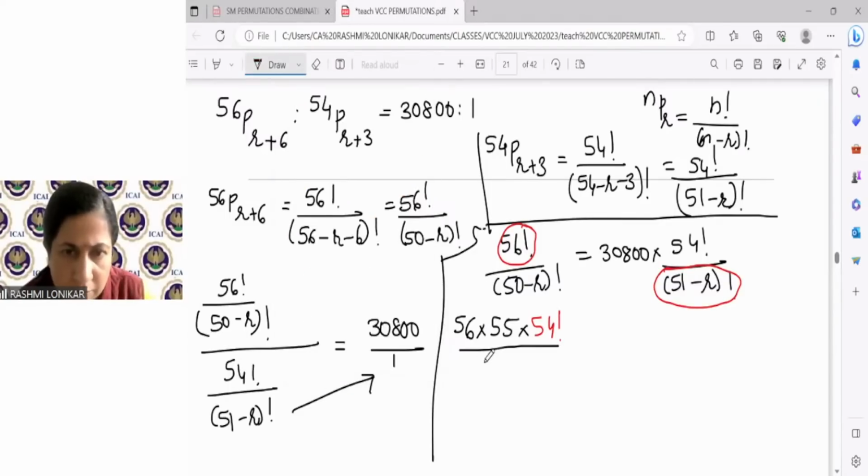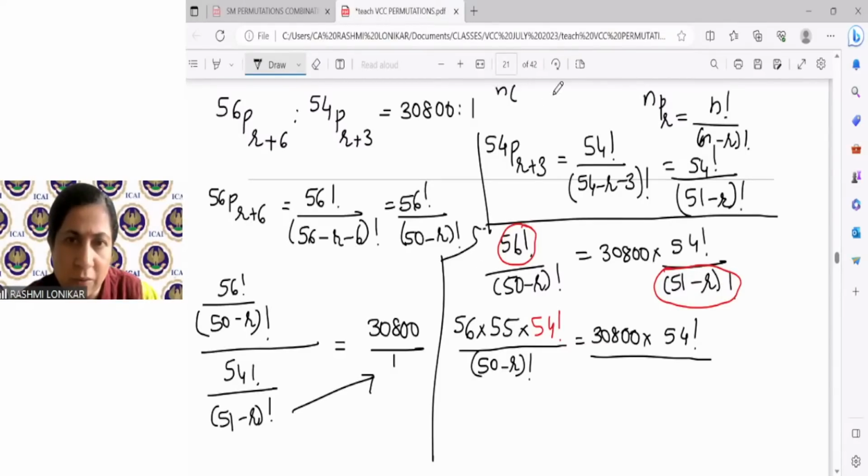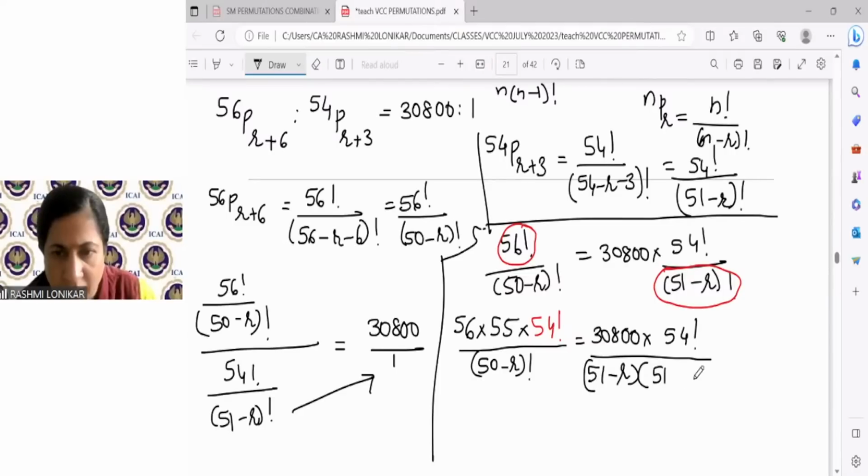Upon (50 minus r) factorial is equal to 30,800, which is just a number. I'll write it like this, 54 factorial, I will also write it like this. In the denominator, this is the bigger number. So 51 minus r up to 50 minus r. So what is n into (n minus 1) factorial? How much is n? 51 minus r is n. And then you will have (51 minus r minus 1) factorial, which is equal to 30,800 into 54 factorial